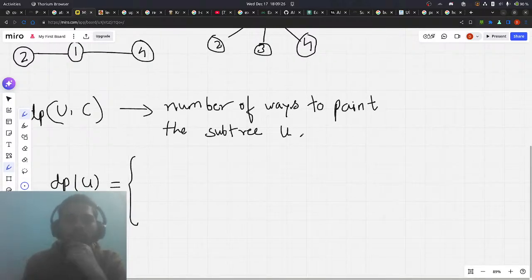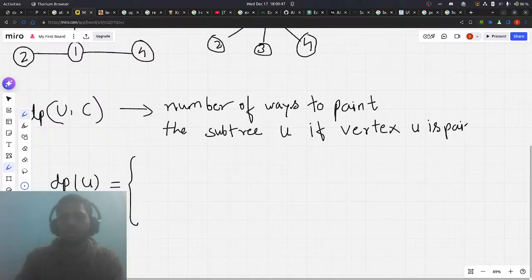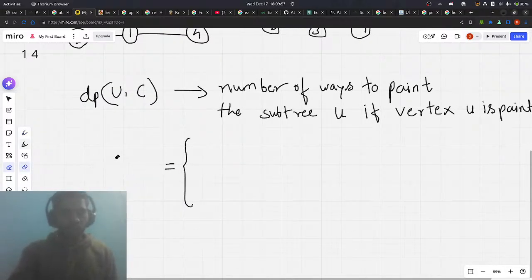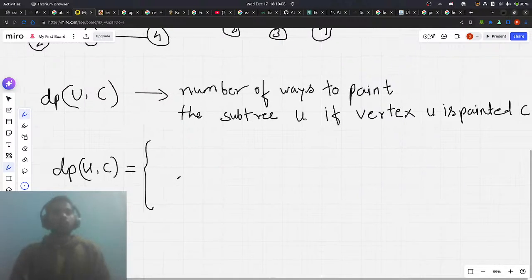So number of ways to paint the subtree U if vertex U is painted C, something like this. So our DP UC will be, if I choose